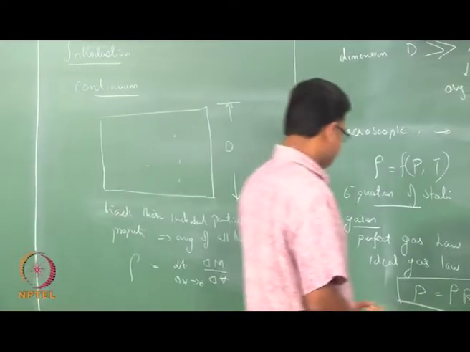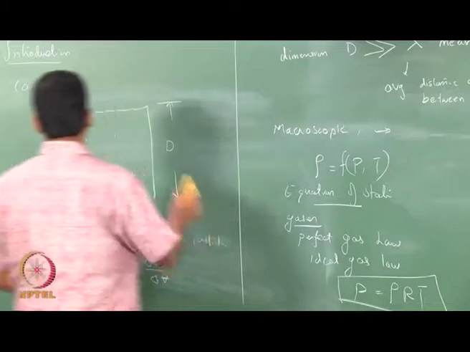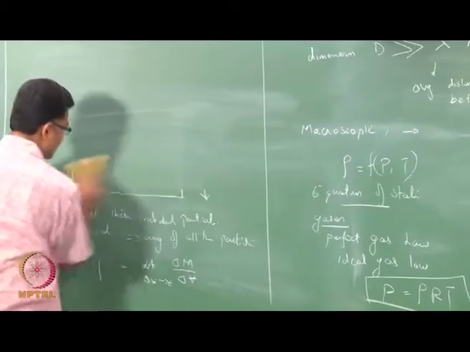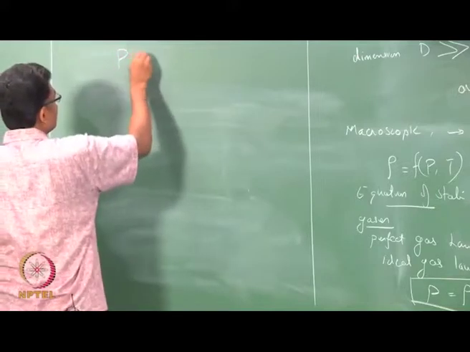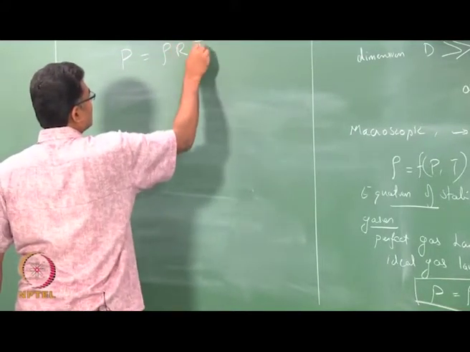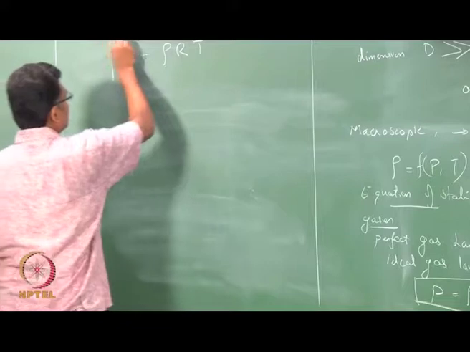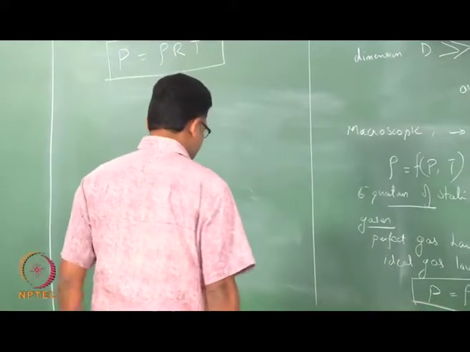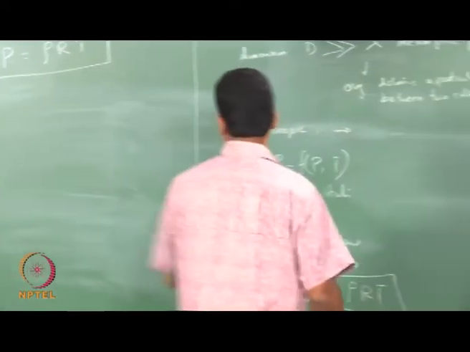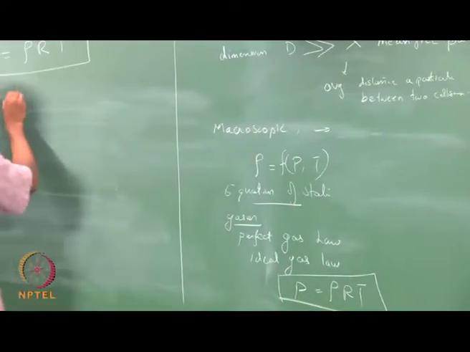So, in this equation P equals rho RT, which is the ideal gas equation, we have used R as the specific gas constant, and if I rewrite that in terms of